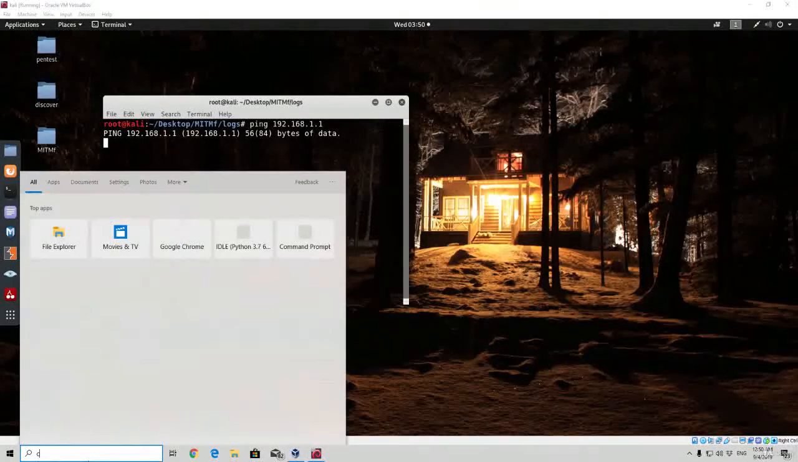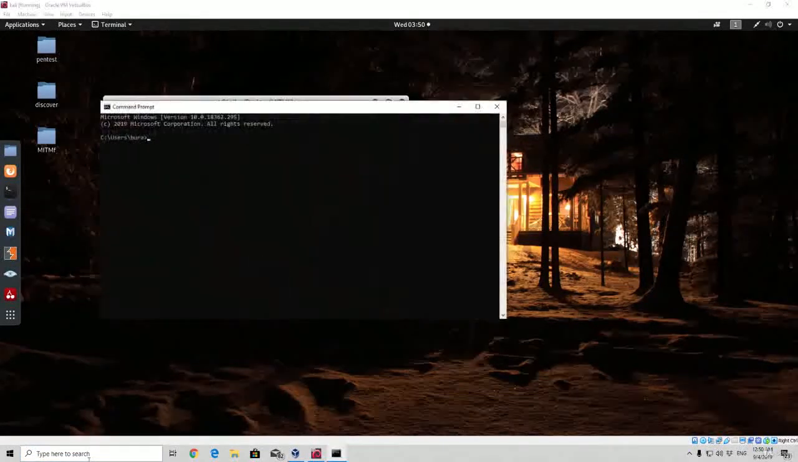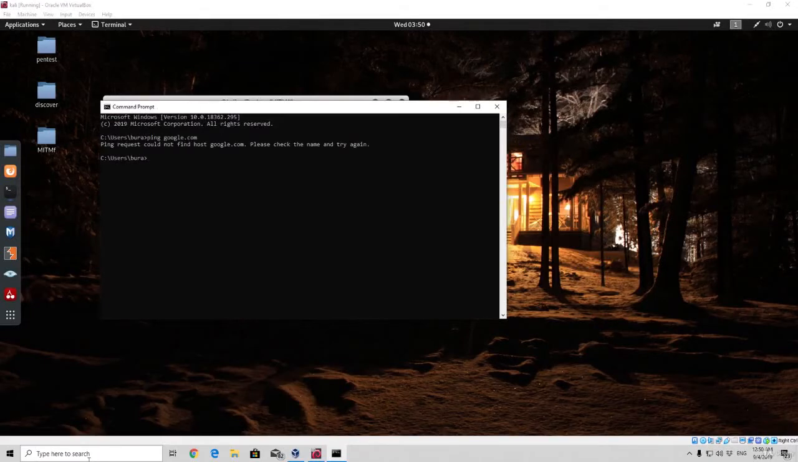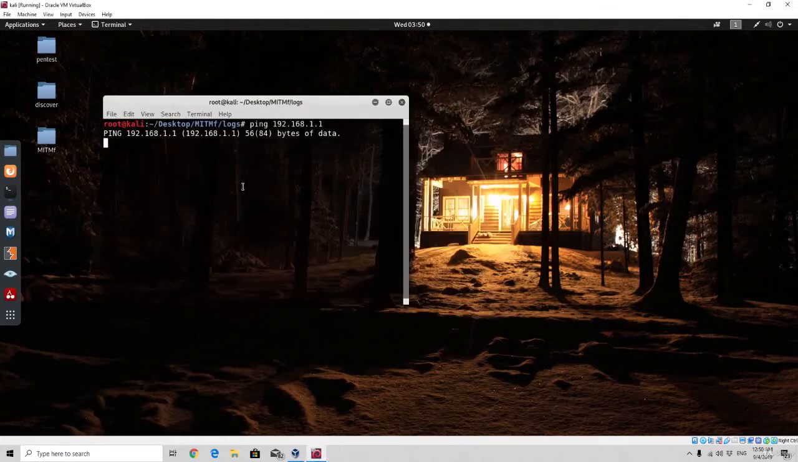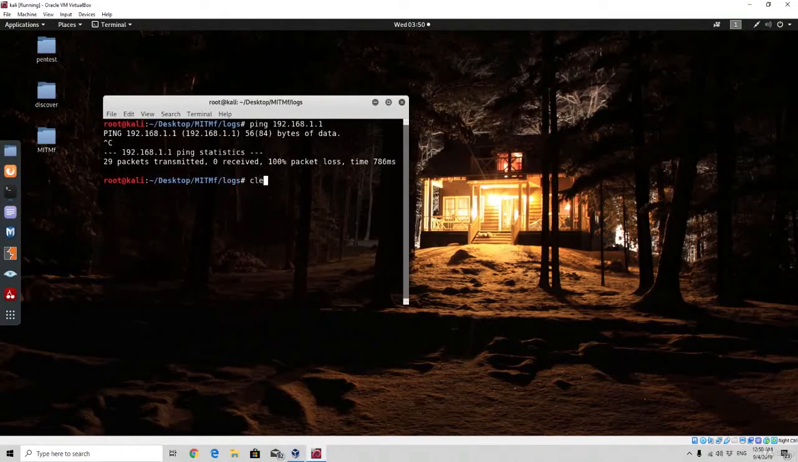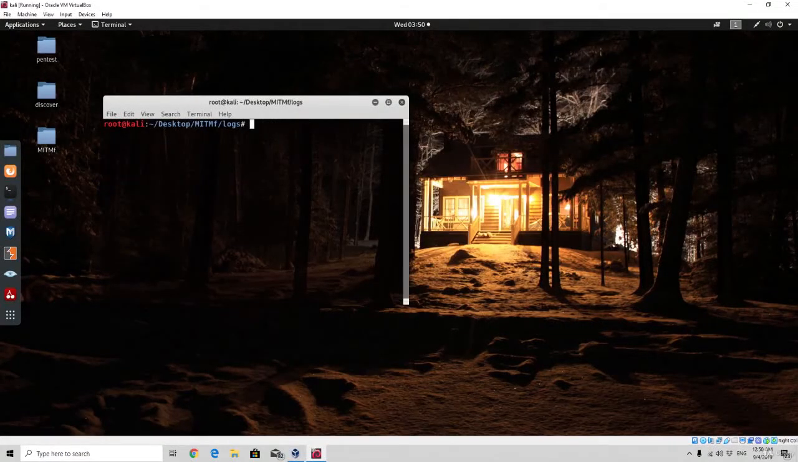Now what I'm also going to do is try to ping google.com from my Windows 10 machine. As we can see, ping request could not find host google.com. Please check the name and try again. So in this case, what you need to do is either wait some time, or you can actually restart your